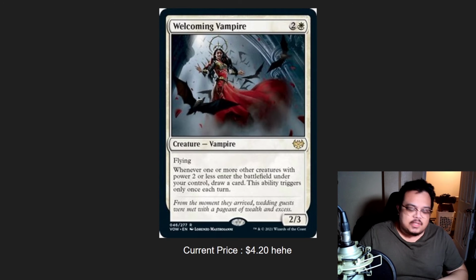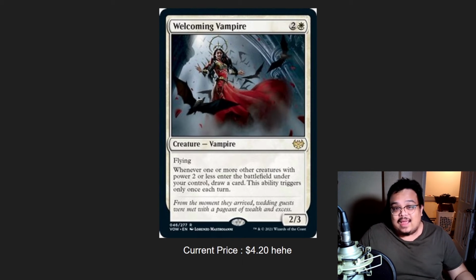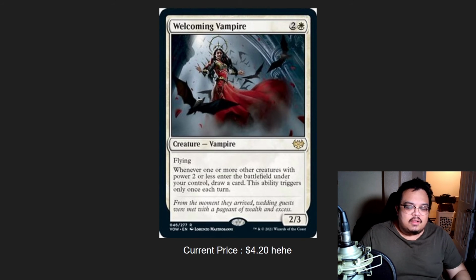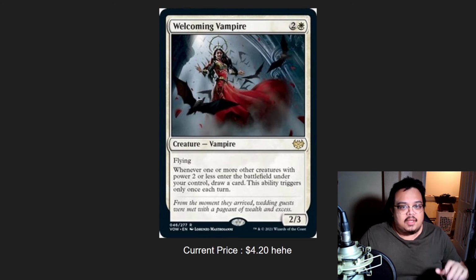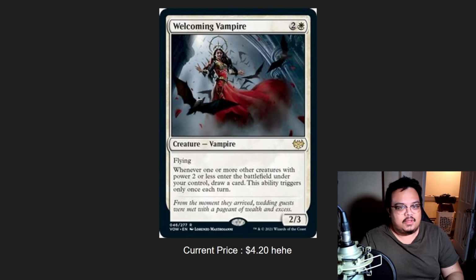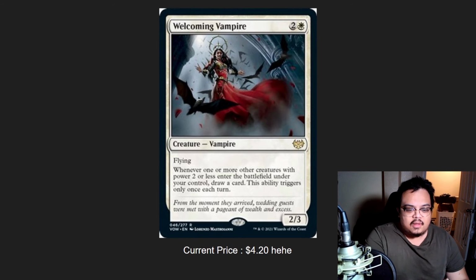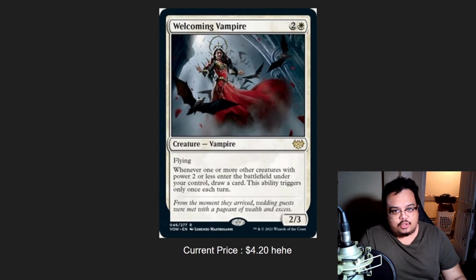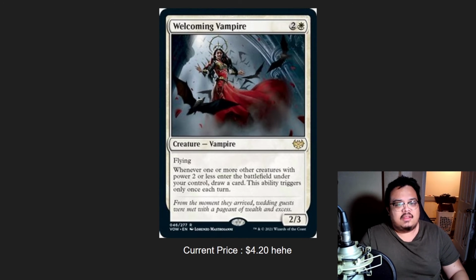Everyone in the Magic community has always complained about white lacking some sort of card draw, so to have another Mentor of the Meek type of ability is great, especially being a 2/3, right? And the fact that you don't have to pay for this is amazing. It says right here at the end, this ability triggers only once each turn, meaning that on your